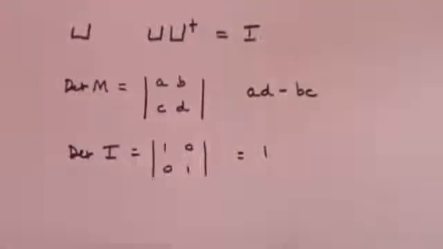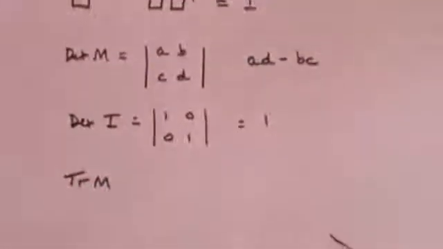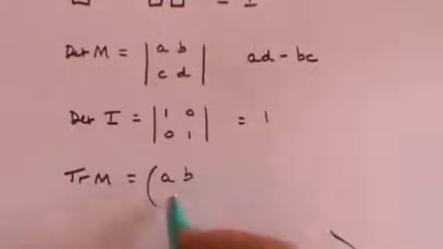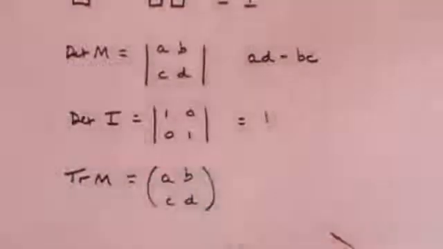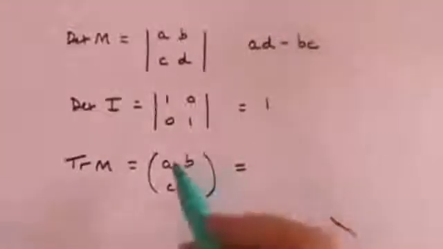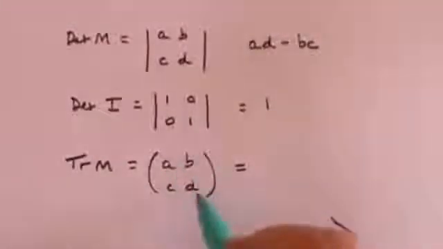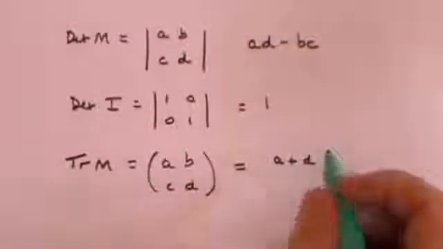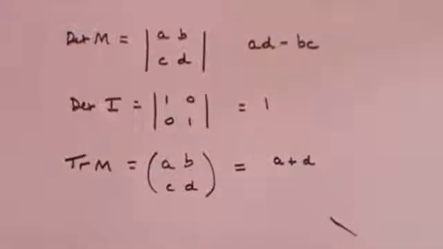Now I need to introduce you to the trace of a matrix. If the matrix is A, B, C, D, then the trace of a matrix couldn't be easier. It's just the sum of the elements on the main diagonal. So in this case it will be A plus D. If it were a 3 by 3 matrix, you just add all the numbers on the main diagonal,